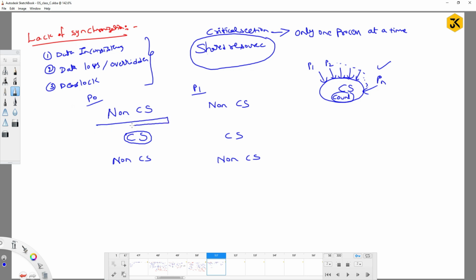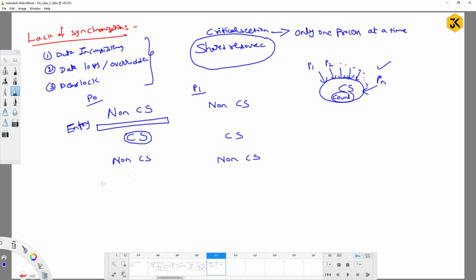We have to write the program in such a way that the critical section is executed by only one particular process. This is what we call the entry section. It is like a classroom: whoever comes inside, I have to give permission by checking the ID card, or checking whether free slots are available, and then let them enter.